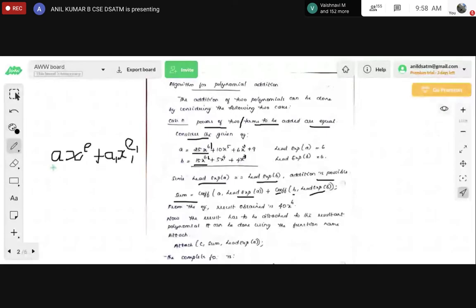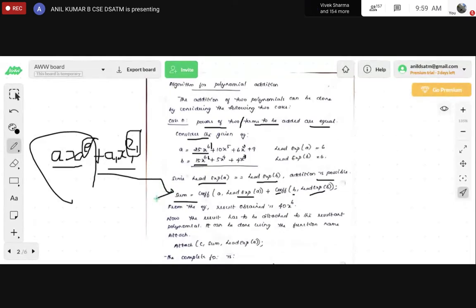See here, a x power e plus a1 x1 power e1. So these are two different terms. The first term's power and the second term's power must be equal for this case. Whatever case we have considered here, this polynomial is represented in a C statement, the evaluation for the C statement.